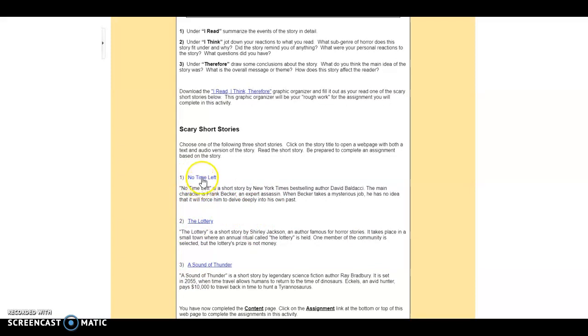So it's your choice. You don't have to read all 3 of these. All 3 are classic scary stories. Just choose one. There's a little explanation of each one here, so you can take a look at all 3 if you like, and read a little bit of each and then decide which one's best for you. But when you click on the link for each story,